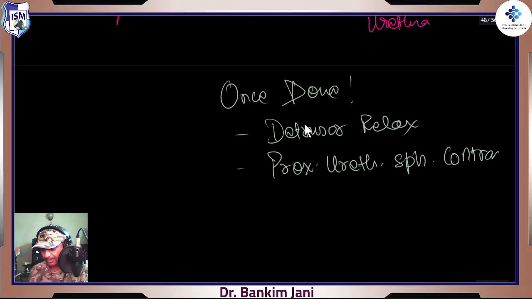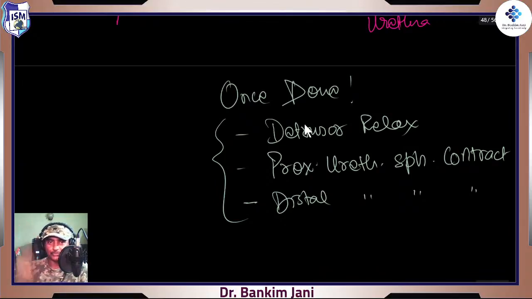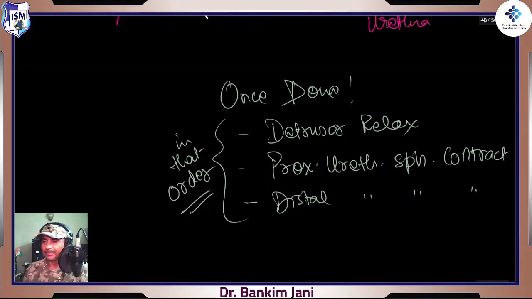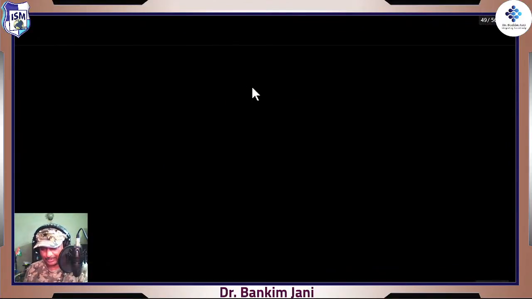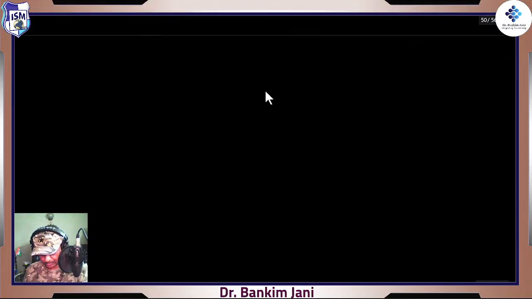So first block. And finally, the distal urethral sphincter contracts. So done. Back to original journey, and this occurs in that order, right? In that order, the whole thing works. And then back to the journey, kidneys are functioning, and it is constantly working, right? So